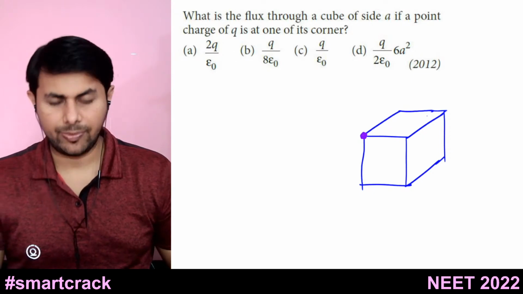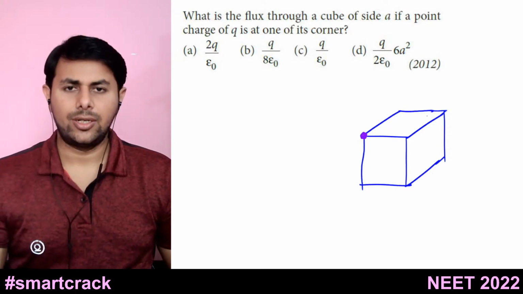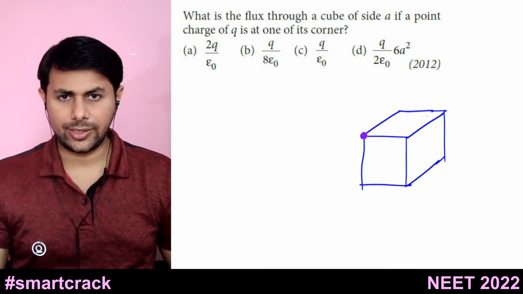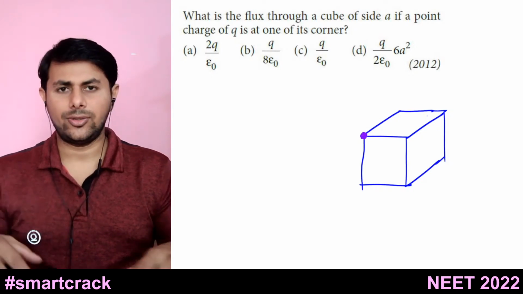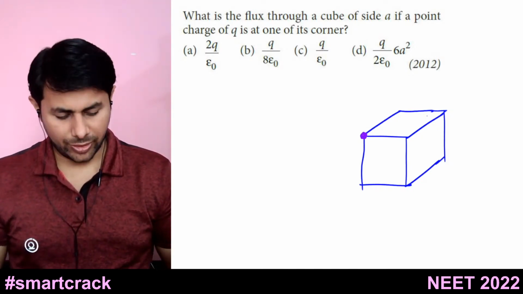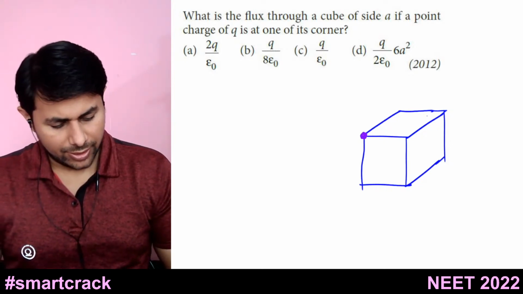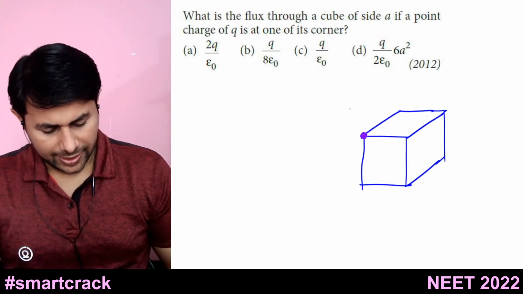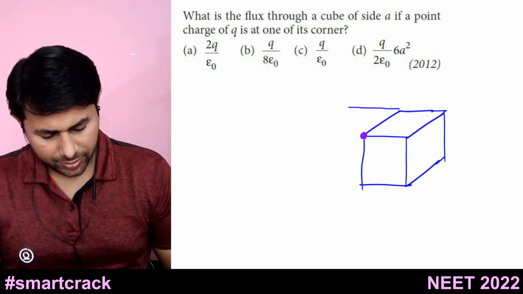So how much would be the flux? So the correct way to think about this question is, you have to enclose this charge in order to apply Gauss's law. So what will you do? So you can draw cubes like this. You will draw this another cube,